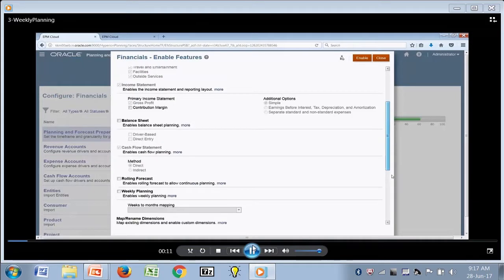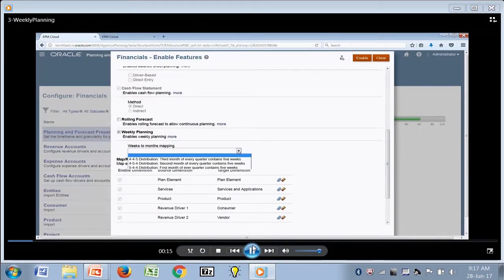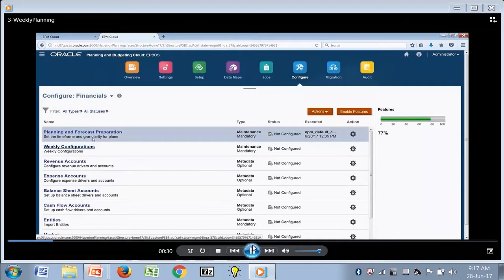So you will see a new option in the enable features called weekly planning, and a different methodology for mapping. We added 3, we are adding 3 more very soon. Once you enable this, you will see additional configuration options in the UI. The weekly configuration is the advanced configuration. So here you can choose